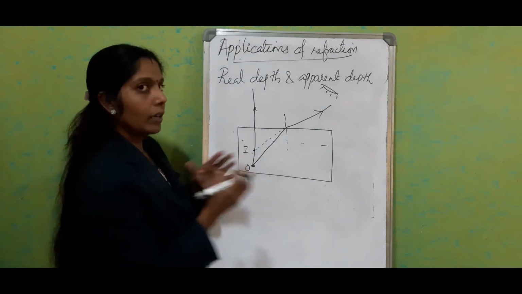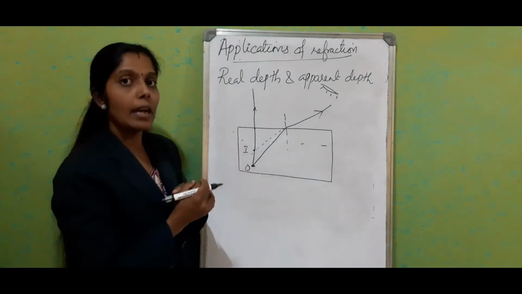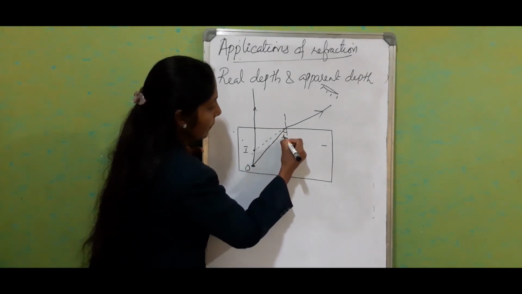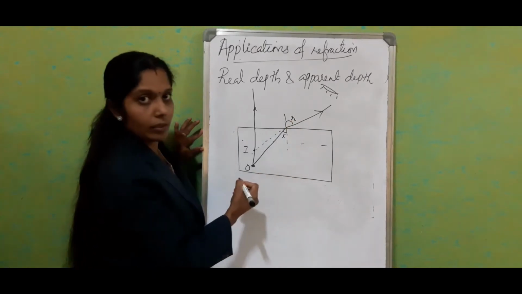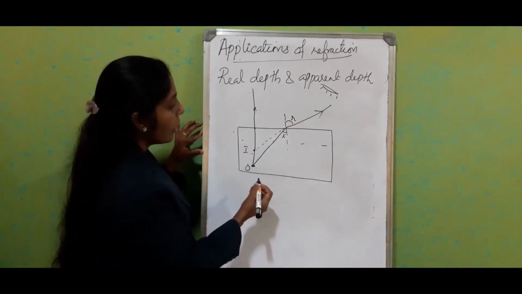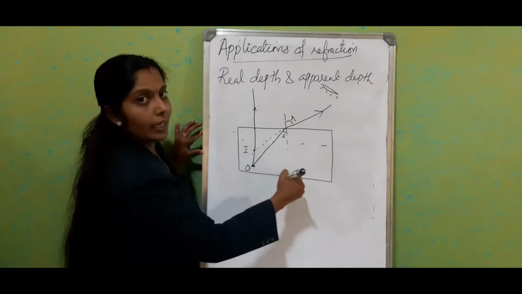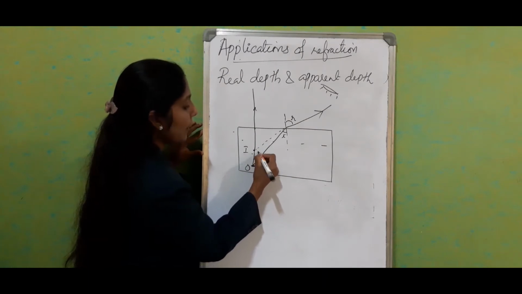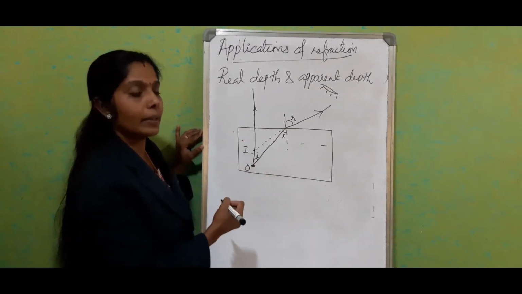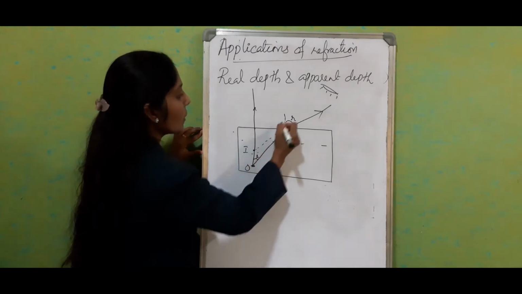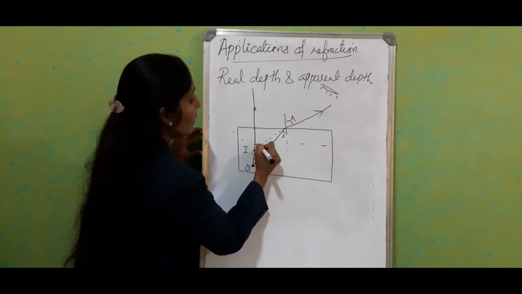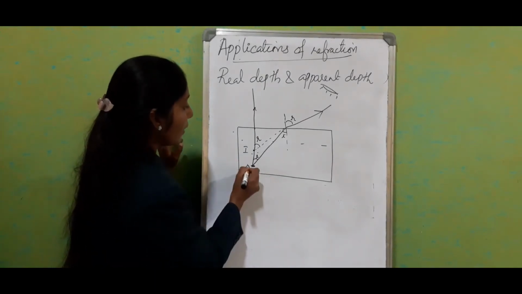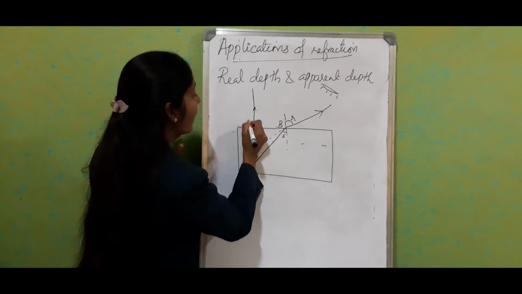Okay, then how can we define it in terms of real and apparent depth? So here this is our angle of incidence and this is the angle of refraction. Okay, angle of incidence and angle of refraction. If you see these two parallel lines and the transversal line, we can tell that this is also i, right, as you studied in mathematics. Same way as we consider this one and this one, this angle is also equal to r. Now I will mark some points. This is O, I, B and A.